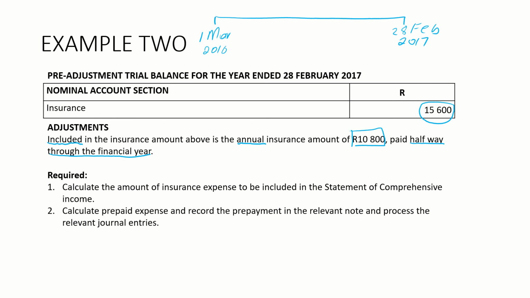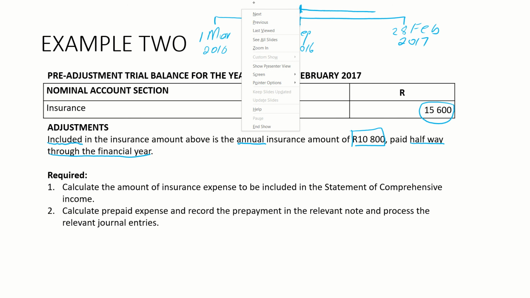Halfway, it's 6 months. So we have March, April, May, June, July, August. So halfway will be the 1st of September or the 30th of August 2016. This is when the 10,800 was paid. So it'll cover us from the 1st of September 2016